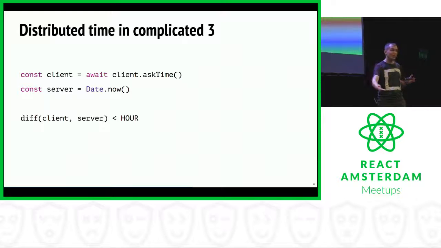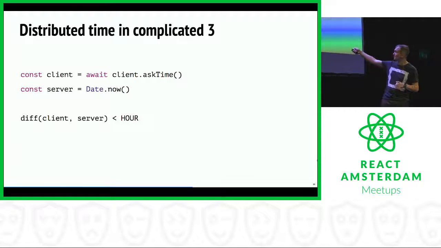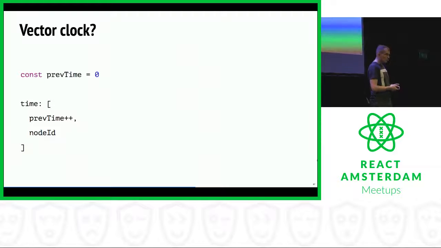And of course, the difference between client and server could be extreme. It could be more than 1 hour. Of course, a timestamp is a time-zone-free data type, but some clients, when they go to a different time zone, don't change the time zone. They change the time. And they start to have a very big difference with your time. So